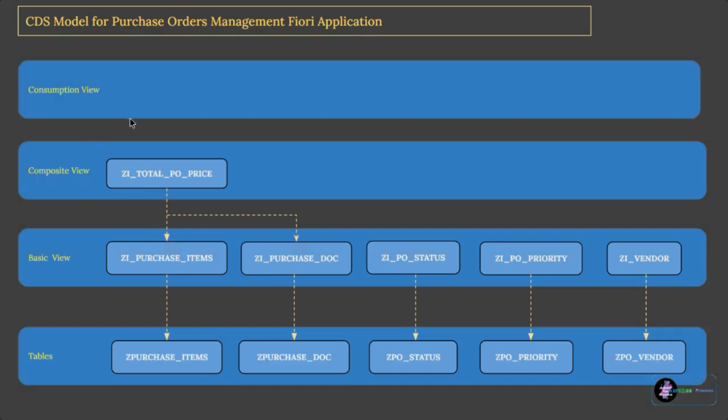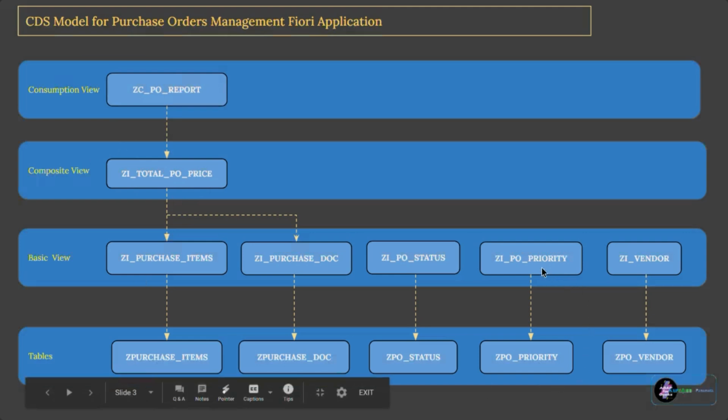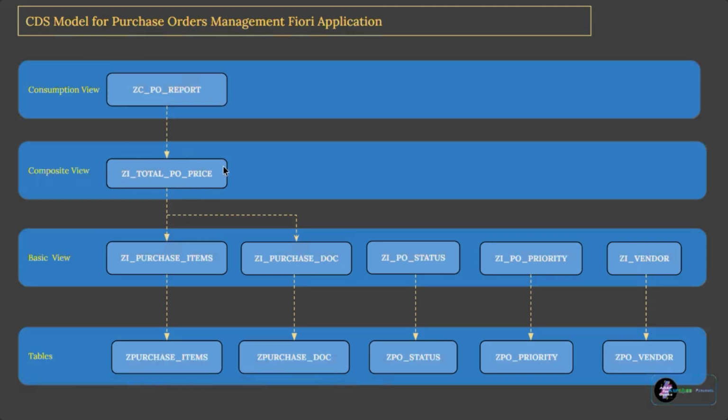So once I'm done with it, I'll try to expose this view as a consumption view. So I'll directly do a select on this specific composite view. So all this information, my underlying tables and basic view data, will be combined into a single composite view, and that will be consumed as a consumption view. Okay, here I will add my UI annotations which are required for my specific application, and somebody comes and they have a different UI annotation, they have a different arrangement, and they can directly create another consumption view on a composite view, and according to their requirements they can do whatever they want without disturbing my consumption view.